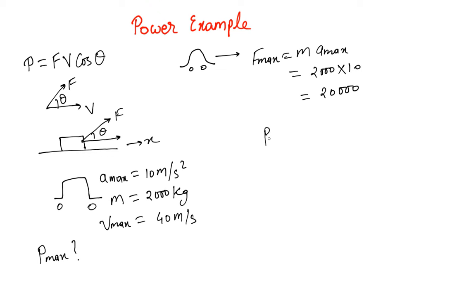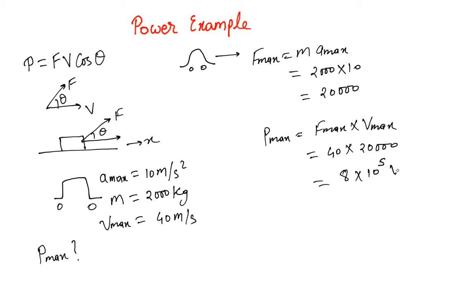Well, P maximum we know is going to be F maximum multiplied by V maximum, which is 40 multiplied by 20,000, and that gives us 8 multiplied by 10 to the power